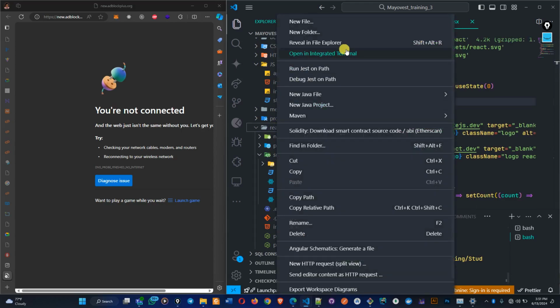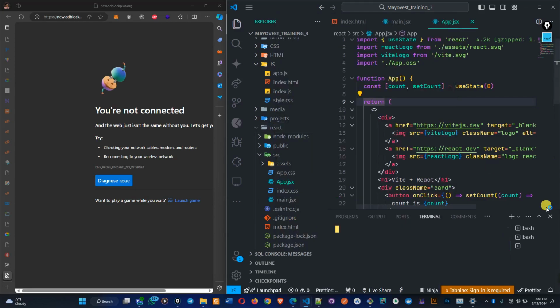So let me enter this React folder. Open in integrated terminal, and let me close all the other ones that are not related, because you have to be inside the correct folder before you can run anything. Don't forget, we've talked about all this when we were dealing with the terminal. Whatever command you run from here will run from the current folder you are working on. And since we want to run our project, we need to be inside the folder